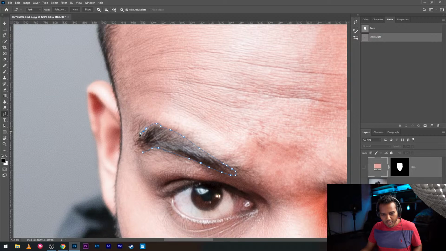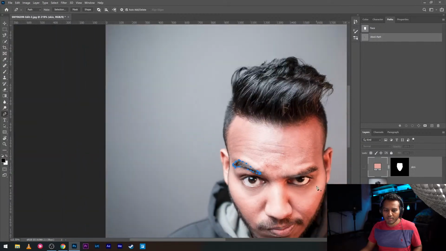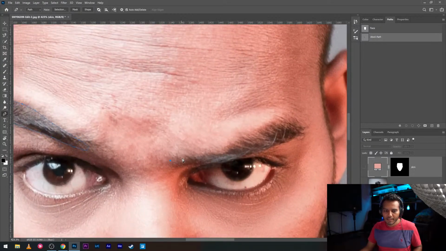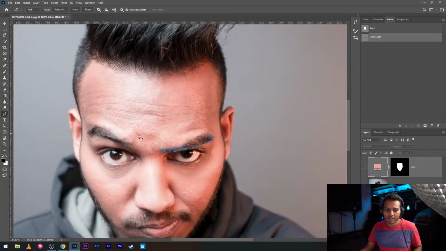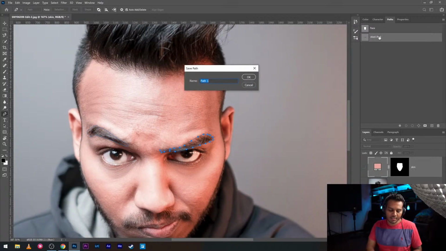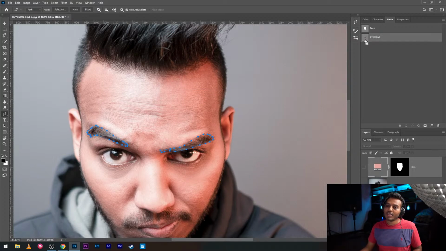Again, it doesn't have to be super accurate. That's one, and then my other eyebrow is this. So I'm going to use the pen tool. Do that. Now I'm going to save this as eyebrows. I don't know how to spell eyebrows, so excuse me. And I'm going to hit Control on the keyboard and click